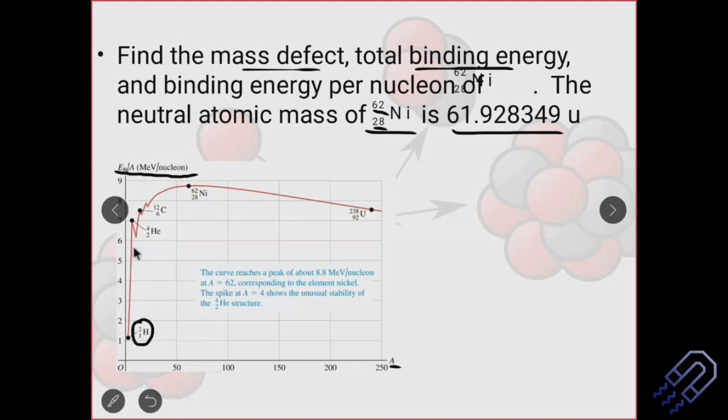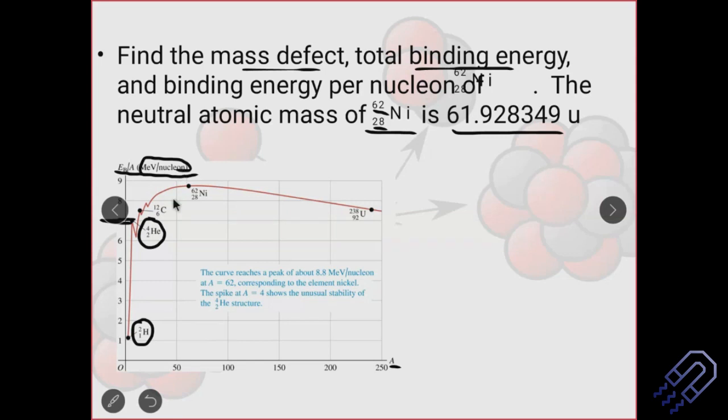But if you imagine something like helium, you know the helium nucleus is very stable, 2 protons, 2 neutrons. It's very tightly bound. That means if I want to break this nucleus, I have to give a large amount of energy. That means the binding energy per nucleon will be high. You see it's in the range of 7. If the binding energy is around 7 MeV per nucleon, we can say it is more difficult to break it off.